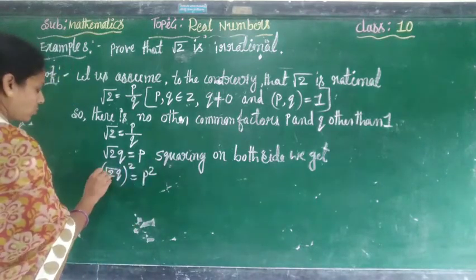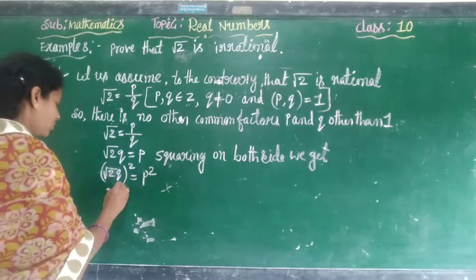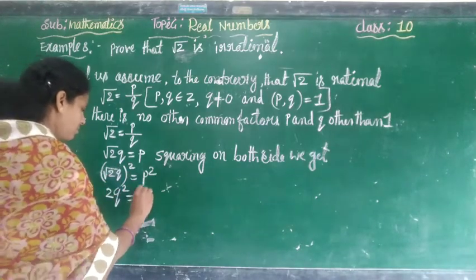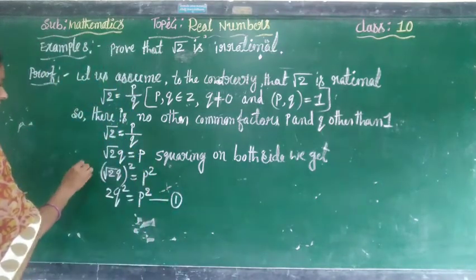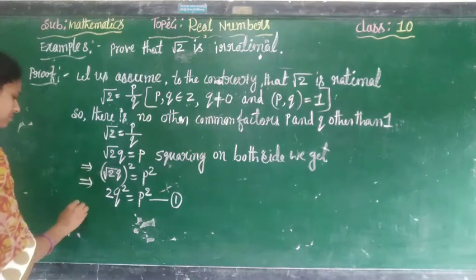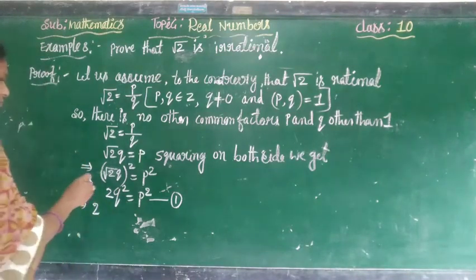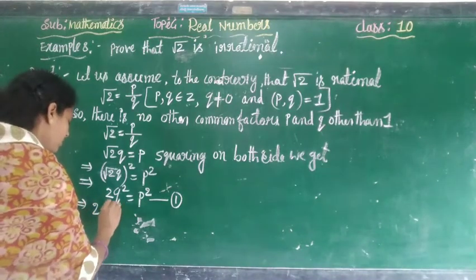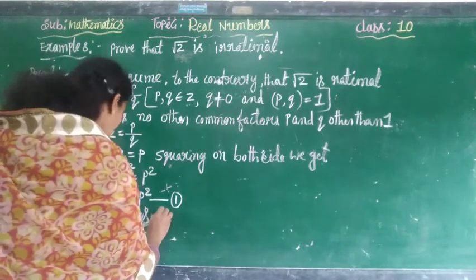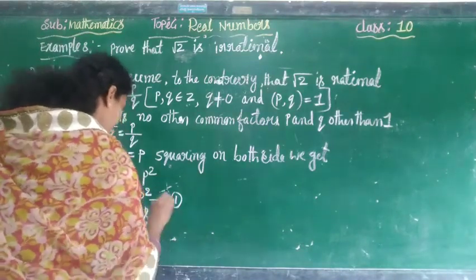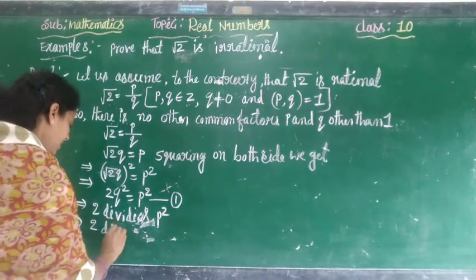So root and squares are cancelled. Remaining number is 2 Q square is equal to P square, equation 1. So this implies that 2 divides P square, then 2 divides